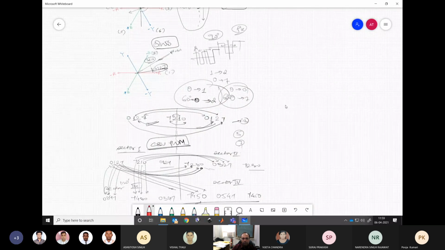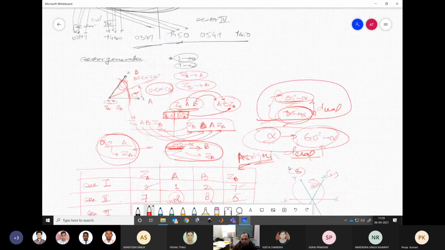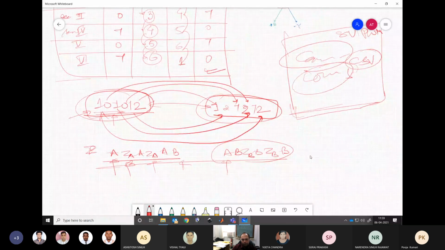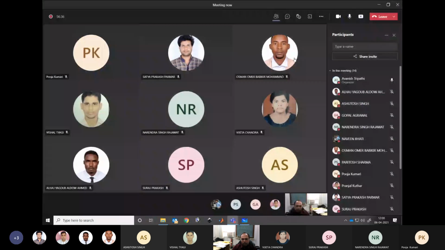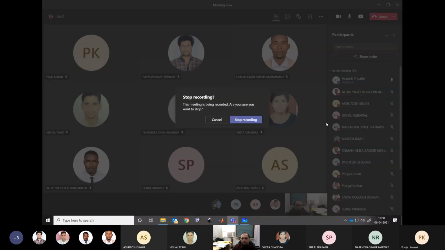That we will see after our midterm examination. So up to this point, this will be part of your midterm examination. And to disclose a few things, your examination would be open book. So you will be allowed